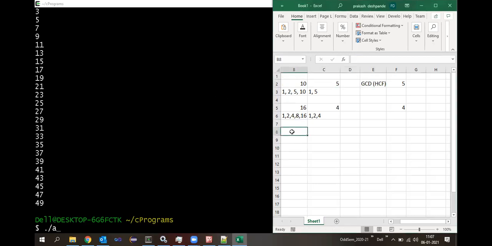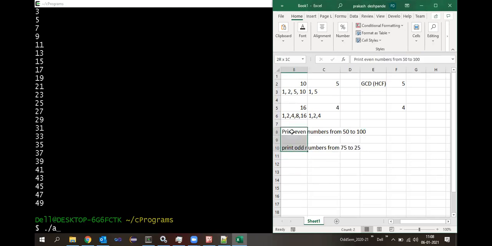Take down this also. Print even numbers from 50 to 100. Then one more, print odd numbers from 75 to 25.